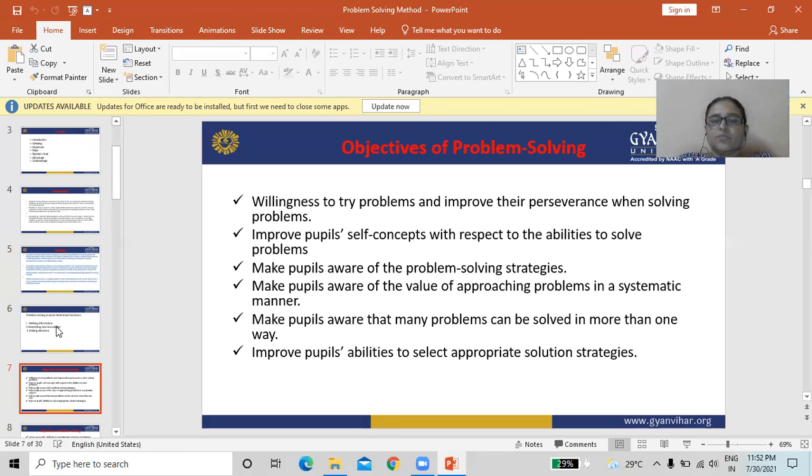Make pupils aware that many problems can be solved in more than one way. Improve pupils' ability to select appropriate solution strategy.